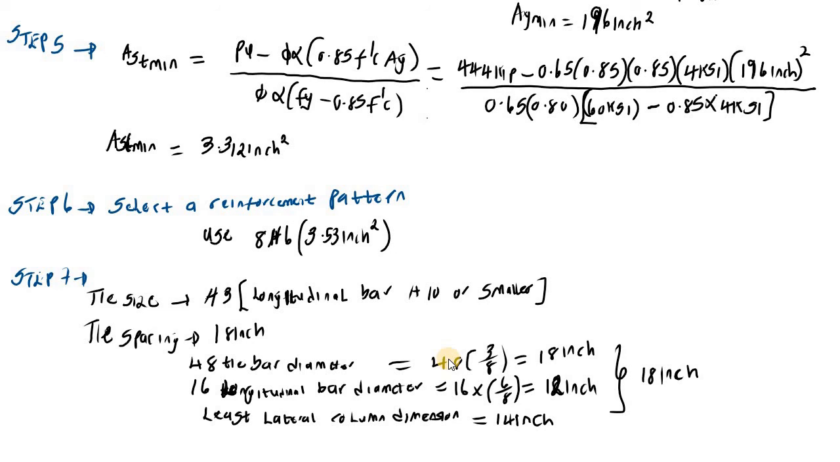So we already have the width of the column. We already have the area of the steel. We already have the reinforcement pattern. We are using 8 number 6 bars. We already have the tie size. We already have the tie spacing. So all you need to do is check if everything you solved so far is correct,